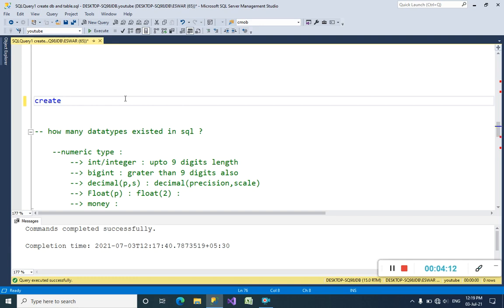Next, what do we want to create? Is it a database, a table, or a view? We have to mention that. I want to create a table only, that's why I am writing the TABLE keyword here. CREATE TABLE.